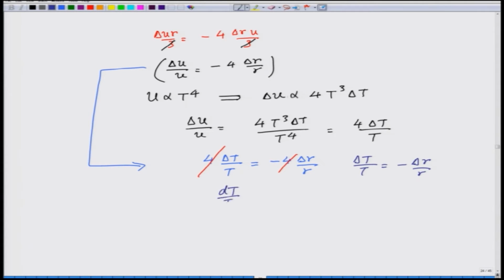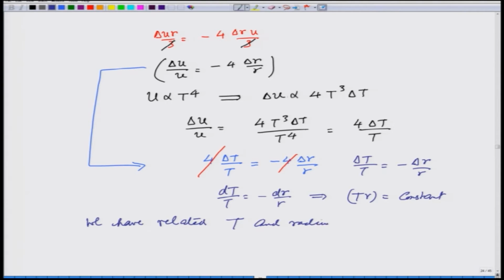dT over T is equal to minus dr over r, which implies immediately that T times r is equal to a constant. As the radius goes up, the temperature comes down. So, we have related temperature and radius,